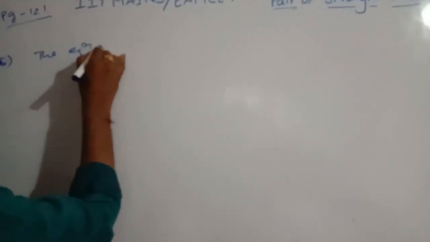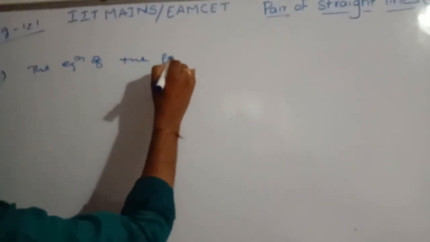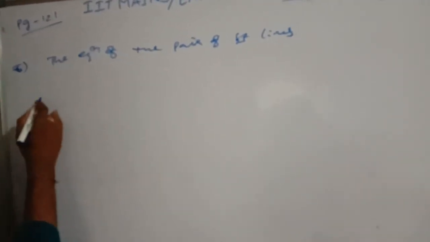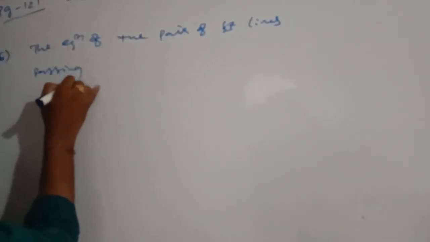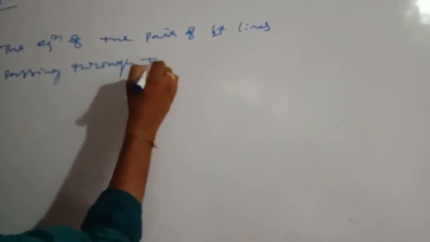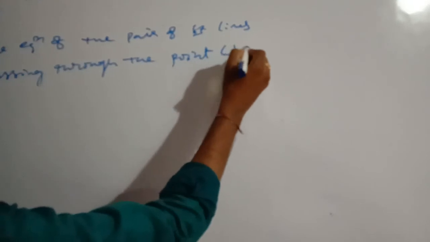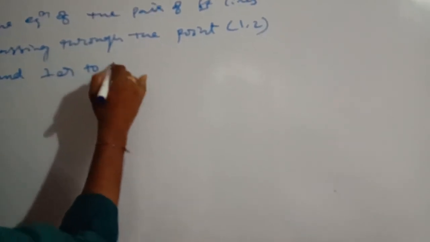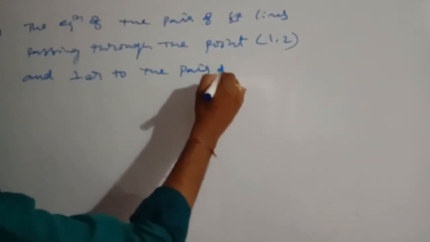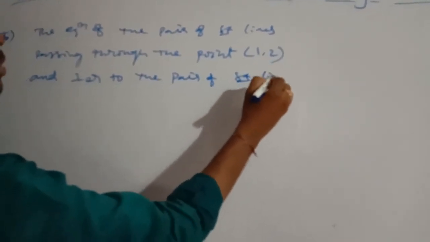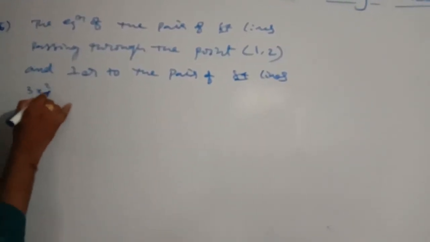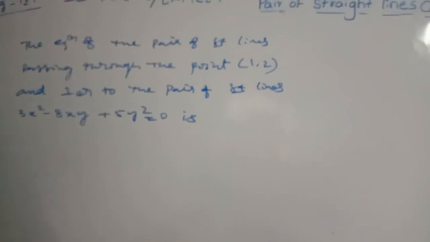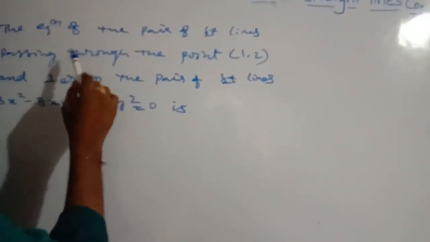The equation of the pair of straight lines passing through the point 1 comma 2 and perpendicular to the pair of straight lines 3x square minus 8xy plus 5y square is equal to 0 is, now the perpendicular, now the equation of the pair of lines passing